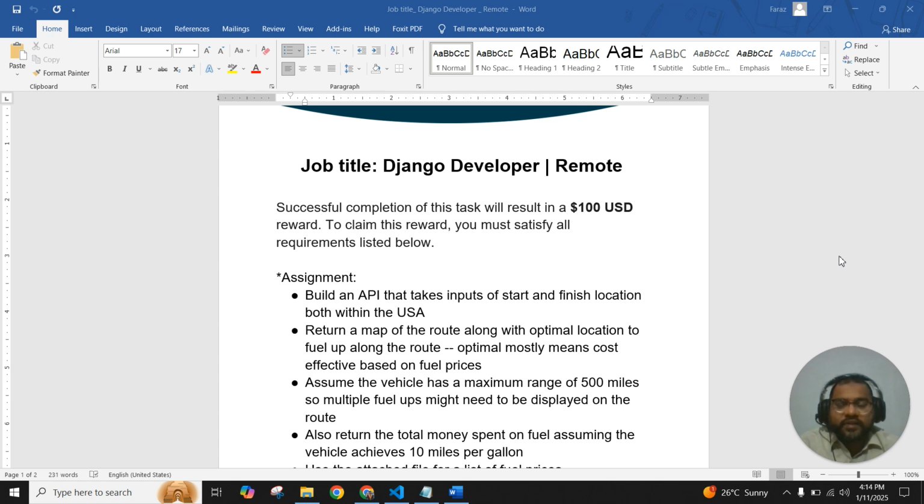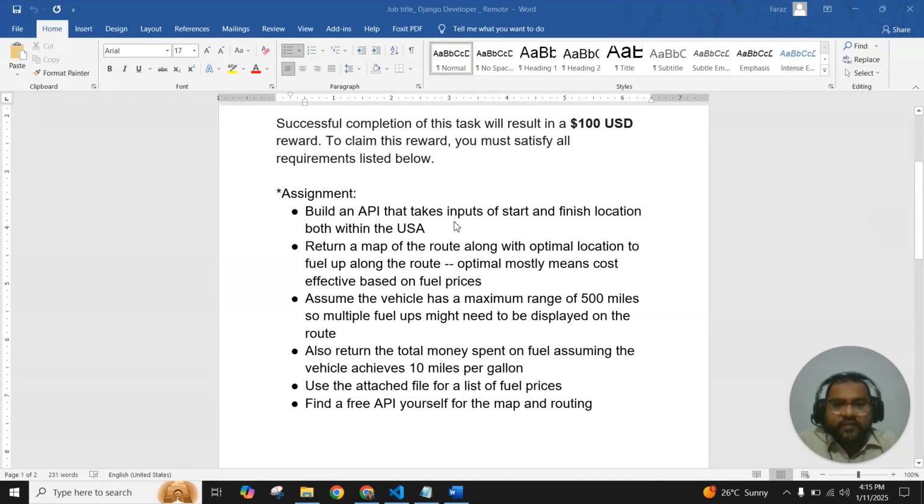In this project, I have used the Django API framework, which tells us the route between a starting point and an ending point residing in the USA, and which tells us the fuel consumption, including the cheapest route with minimum distance and the fuel consumption. So we have different objectives here, in which I have to build an API that takes